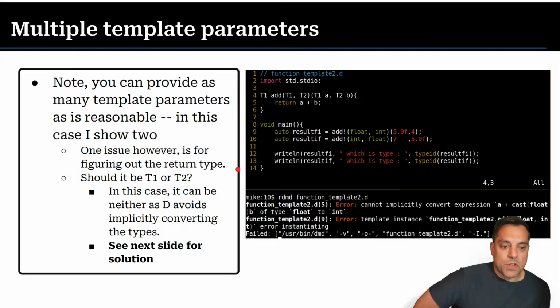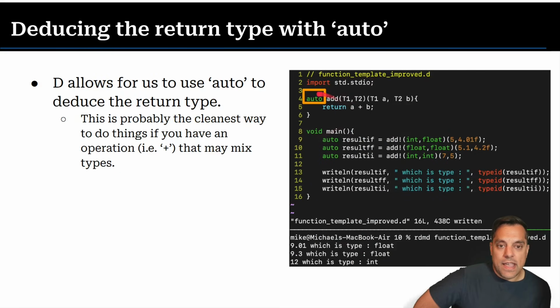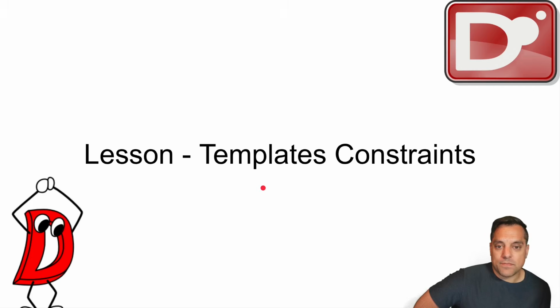Of course, you can add multiple template parameters, and auto just deduces the type for you, which is really nice. So if I accidentally have an integer and a float value, it'll pick the right one and say, okay, if we're going to do additions between an integer and a floating point value for whatever reason, make sure we at least get a floating point type. So it'll do the right thing.